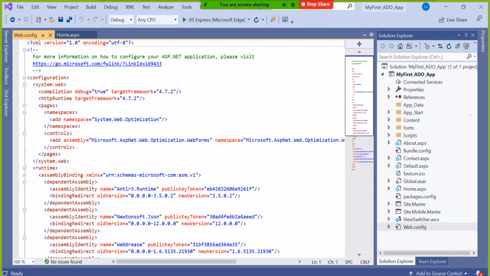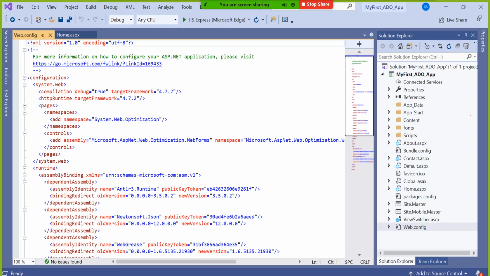Don't you think so? Now, if by chance tomorrow the name of the database has changed, then don't you think you would be visiting 100 pages or 50 pages and changing the name of the database, name of the table, user ID, password, etc.? So the configurational layer is going to help you configure in the web.config and keep it in one place and use that particular configurational item across all 50 to 60 pages.